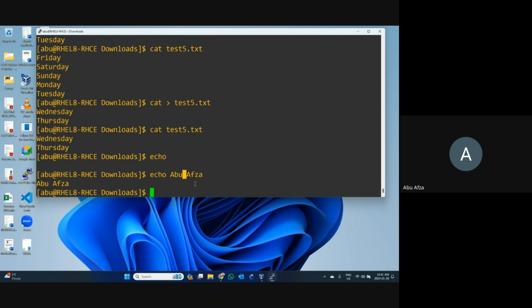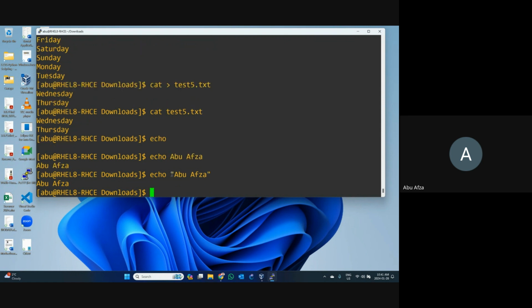When you want to print anything, especially characters with more than one word, we need to use quotes like this. This is the best way, but you can write it the other way, no problem.